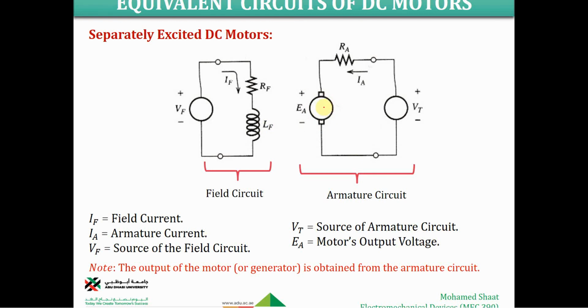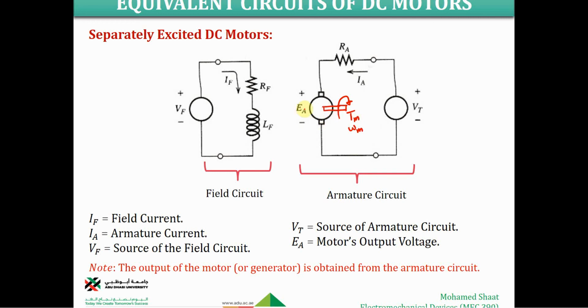So you consider that this is the rotor part, and there should be a shaft here, and this shaft is going to rotate due to a torque, and is going to rotate with omega m, where m stands for motor. So this is the torque of the motor, and this is the omega m. Omega stands for the rotational speed, or the angular velocity of rotation of the shaft